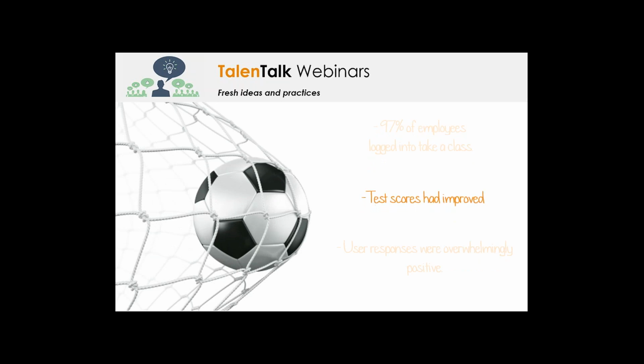And lastly, the test scores had improved. As I mentioned about that knowledge recall from earlier, the actual use of these elements at the platform level had boosted that ability to retain information better. So I think that's a really powerful one there, with the actual agility of the content that you're consuming.